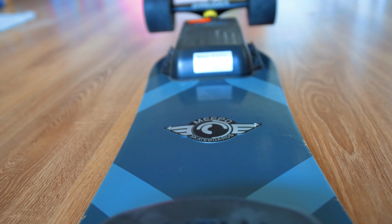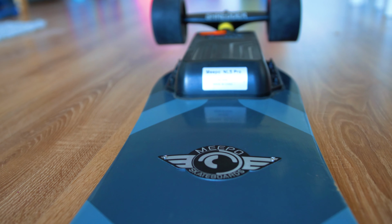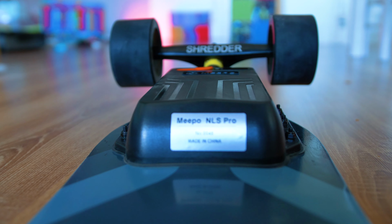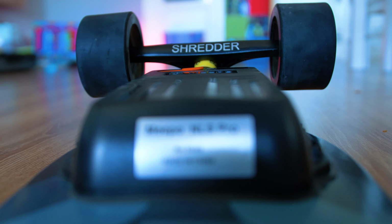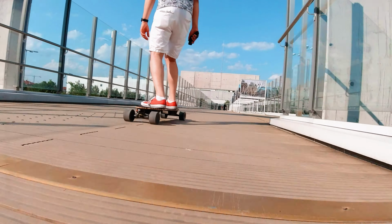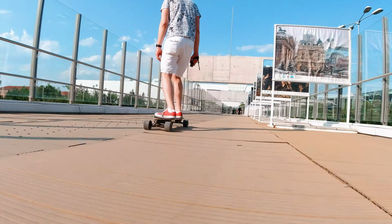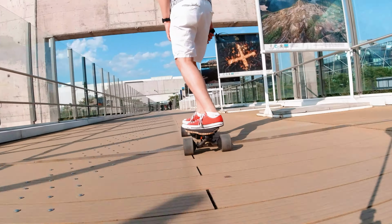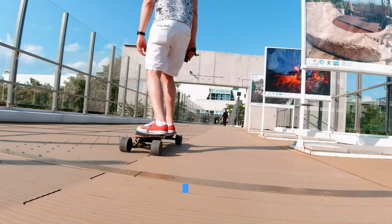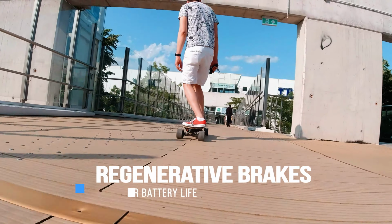It is not a push-to-start board, another advantage. If you shut the power off, it goes into a blocking mode. A good idea, especially in case of an accident, for the board not to go too far away and harm something or someone. The remote can easily switch directions through a press of a button, and of course you can't do that in motion. Everyone around me that tested it so far is pleased with the performance and the comfort, and